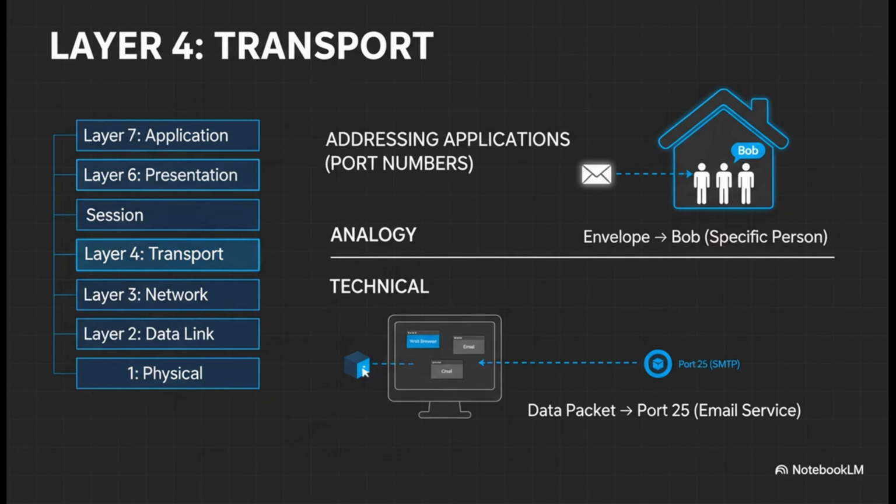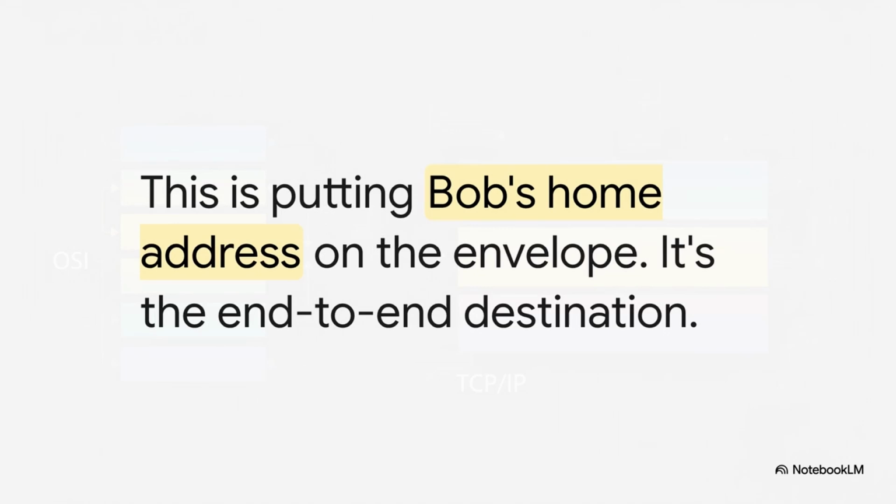This is a really crucial point. You don't just send the letter to Bob's house, right? You address it to Bob. So if anyone else in the house gets the mail, they know, oh, this one's for Bob. This layer does the exact same thing using something called port numbers. It makes sure the data goes to the correct application on the other computer, like your web browser, not your